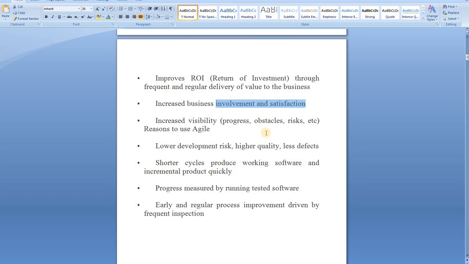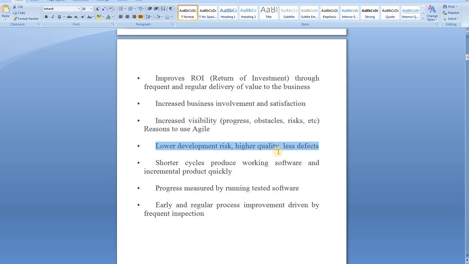And less risks. There are fewer risks because every sprint you're working on a small amount of work, and when you work on a small amount of a project, it's less risky. That's why, as you can see here, it says lower development risks and higher quality, fewer defects. Because when you work on a small task, you will provide higher quality, and when quality is high, it means your defects will be fewer, because during a small 1 or 2 week sprint,